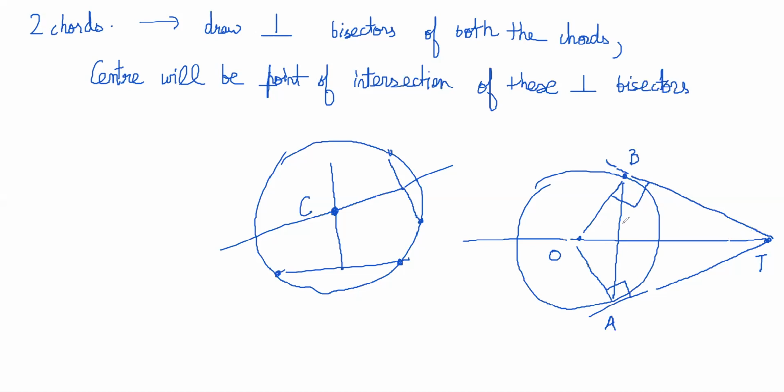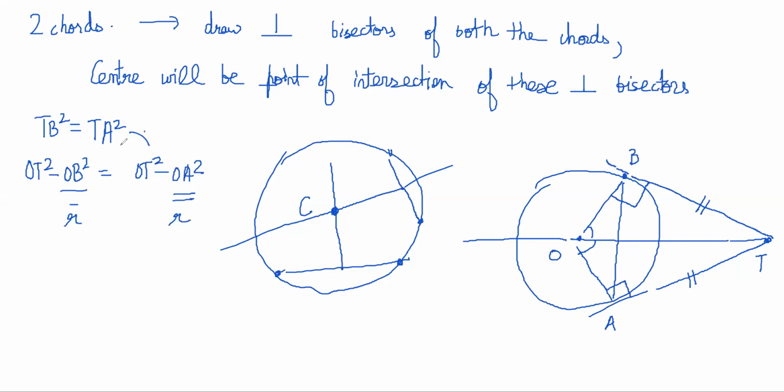That is obvious because the radii are equal, those two angles are equal, and the side OT is common. So it is congruent, and this distance is equal to this distance. So you get TB square is equal to TA square. The length of the tangent from an external point to the same circle is the same. The length of the tangent TB square can be written as OT square minus OB square, which equals TA square, written as OT square minus OA square, but OA and OB are both radii.